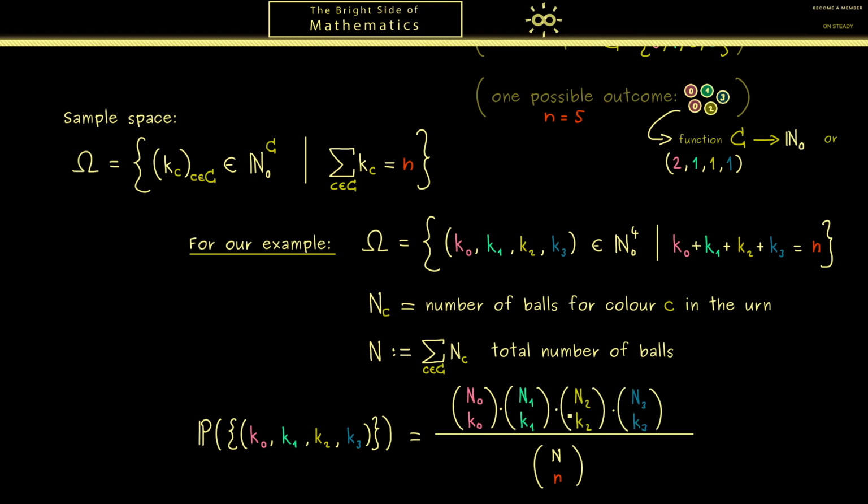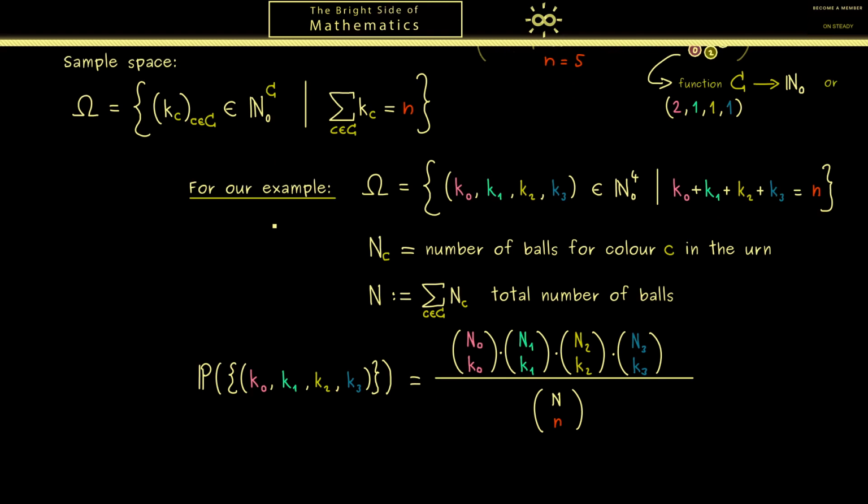And then times n2 choose k2 times n3 choose k3. And with this we have our probability, which we call the hypergeometric distribution. Therefore, in the next step, let's formulate this in the general case. Also here we just give the probability mass function, so we put in a singleton, which we describe as before